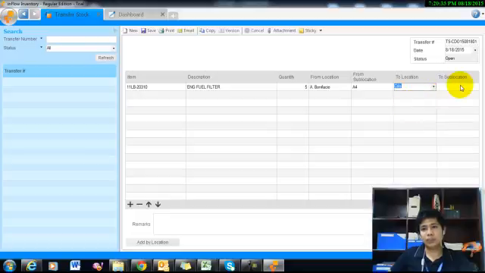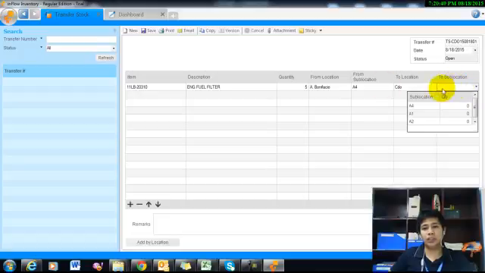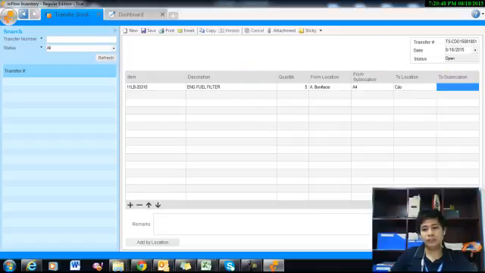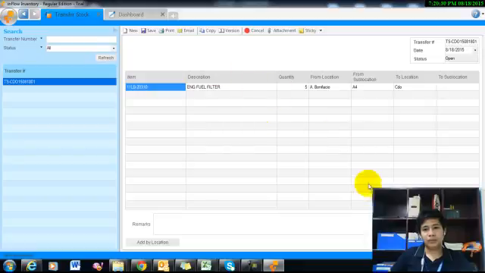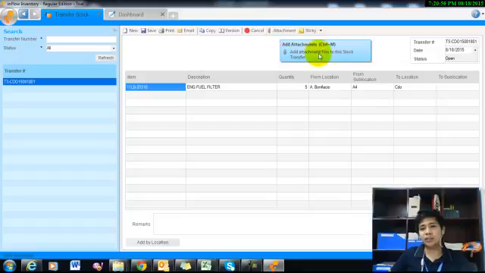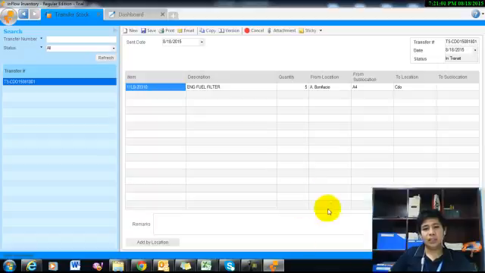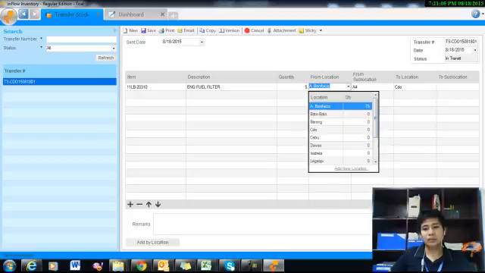So the person in charge or the warehouse person can input the sublocation of this item. So let's save. So you can actually email or put an attachment and then send the transfer. Okay, since this is not yet received by Mr. Henry, Mr. Henry will be the one to click the receive transfer.